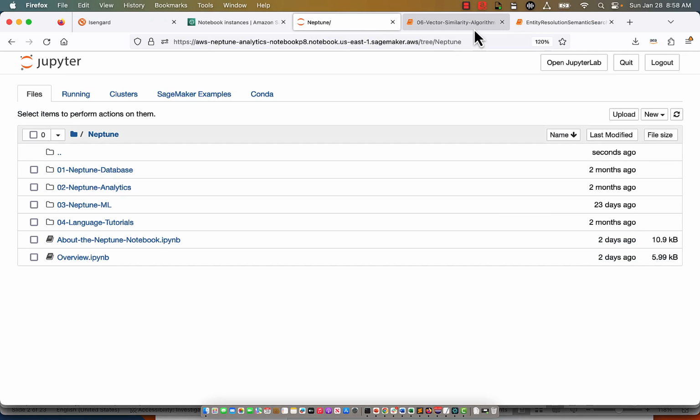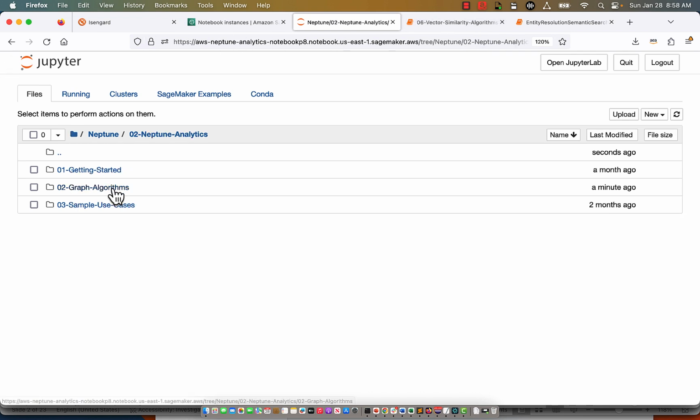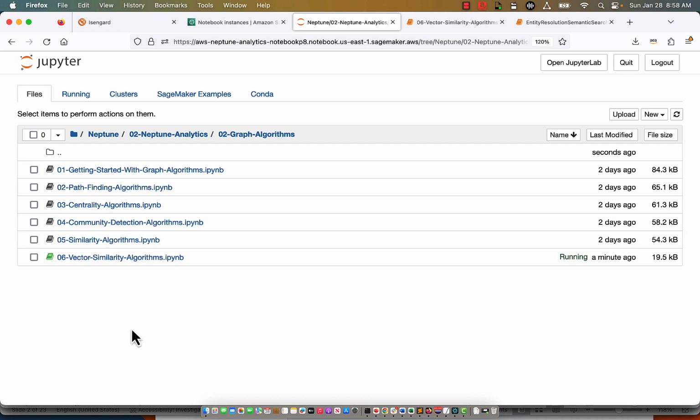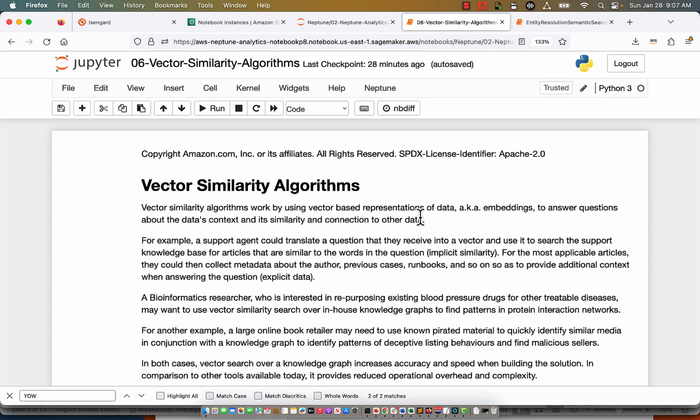So when I set up the notebook instance, I get several Neptune examples out of the box. So you can see in this Jupyter view here, I have several Neptune folders. Let's navigate into Neptune Analytics and then in turn into graph algorithms. And you can see that I have notebooks demonstrating several graph algorithms. Now let's focus on 06 vector similarity algorithms. So I've opened the notebook,